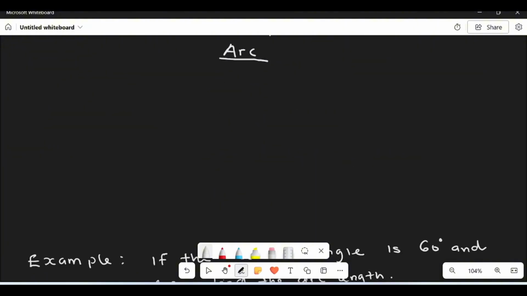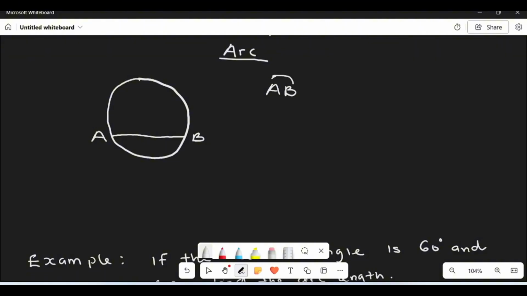An arc is just a part of a circle circumference. Let us consider this circle. Let us draw a chord. Let us label this point A, this point B. From this point to this point is also our arc, but it is called minor arc because of a short distance. Also from this point, like this to this point, it is called a major arc because of a long distance. We write an arc as